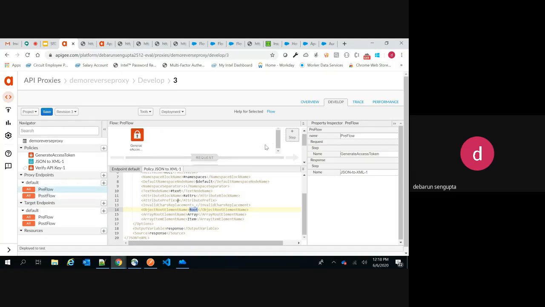Just click on that path. Similarly, in that path also you will have this step in both request and response. So just click on that step. What will happen is that whatever policies you add will be limited to that particular path only, that endpoint only, not to all. Okay, yeah, thanks a lot. Yeah, so this is the advantage.